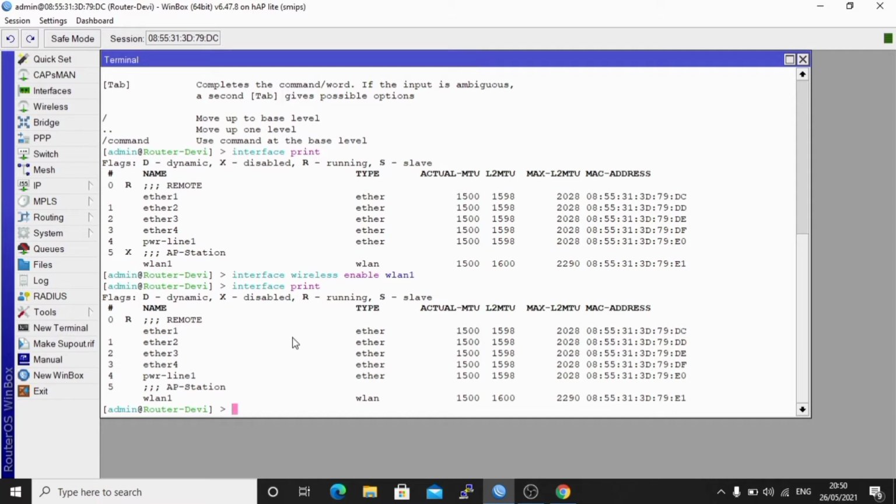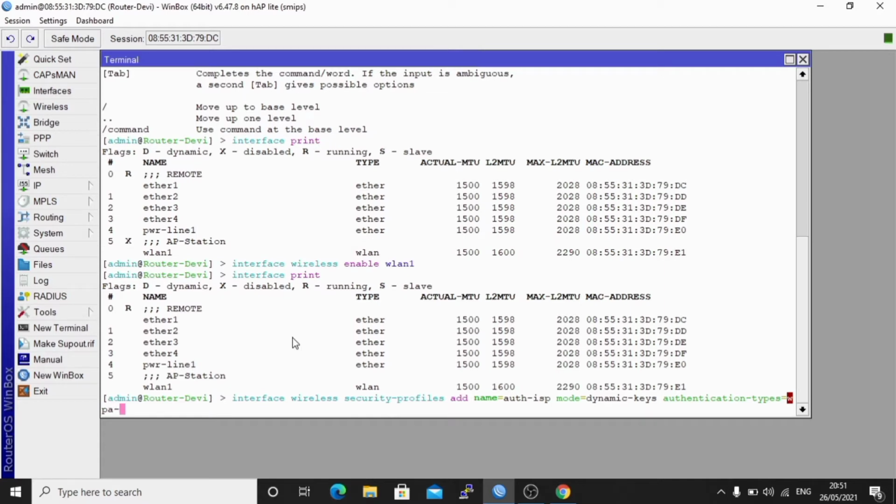Next, configure the security profile on the WLAN1 interface, which functions as wireless security, by using the command interface wireless security-profiles add name ISP, mode dynamic keys, authentication types WPA PSK and WPA2 PSK, unicast ciphers aes-ccm, tkip, group ciphers aes-ccm, tkip,